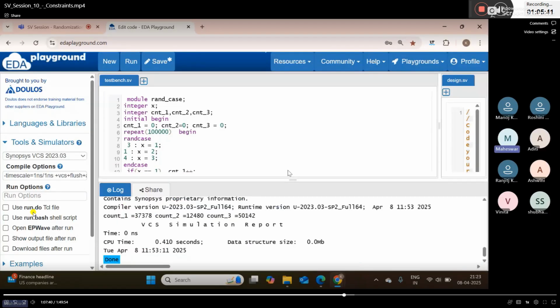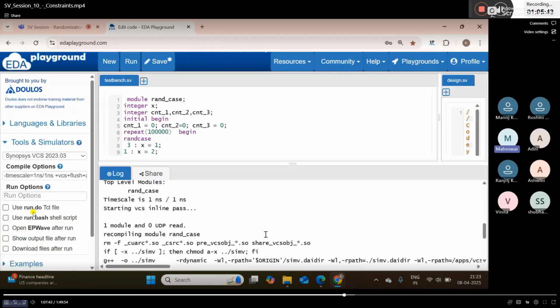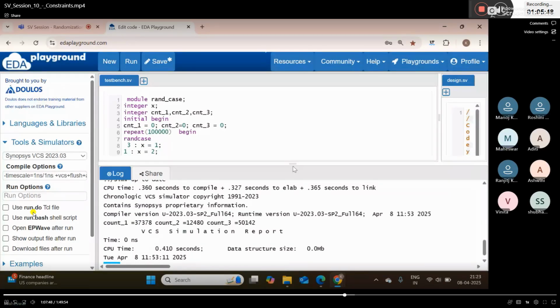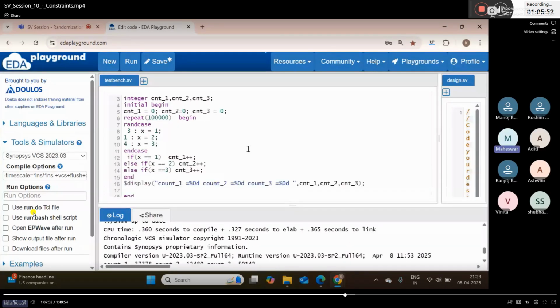Something is the issue with that line. It's a little bit clumsy. Yeah. Guys, putting it into